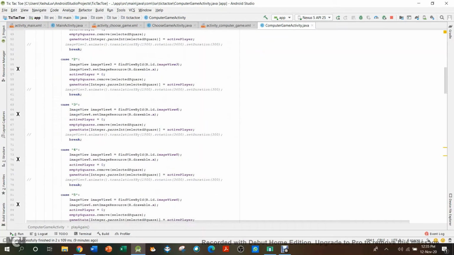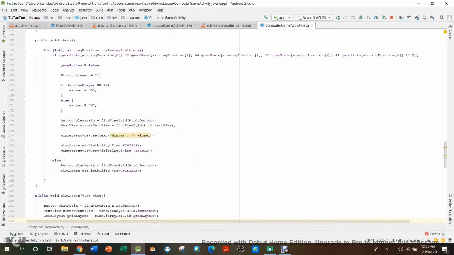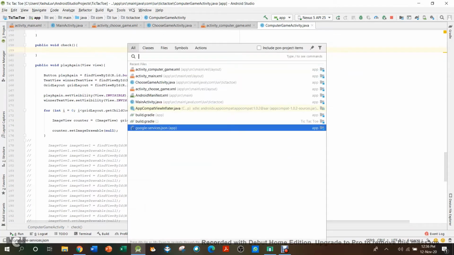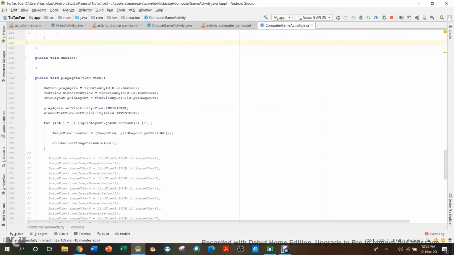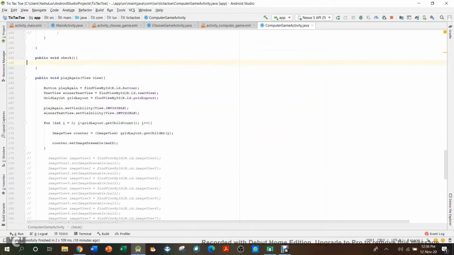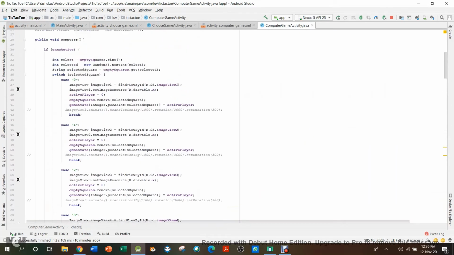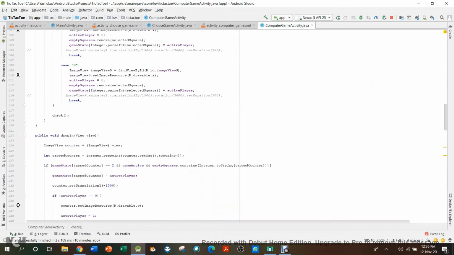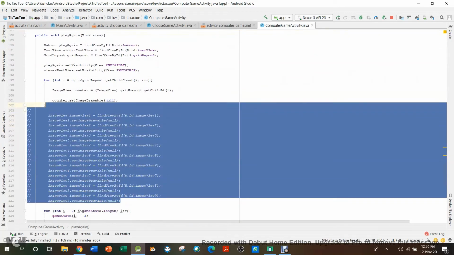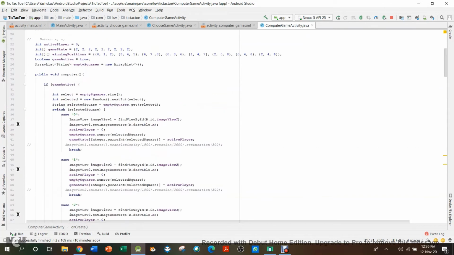So firstly, what I've done is this for loop, it was not here, the for loop was over here, after this. I have made it its own method, because we would need to access it for the computer as well. The rest of the things are the exact same, like all of this, the for loops, the game active. Now I'll show you the new things which are here.